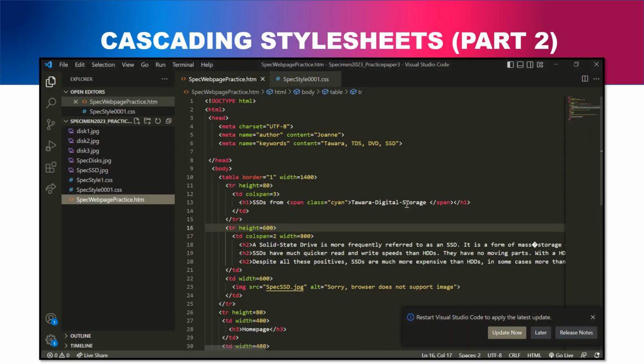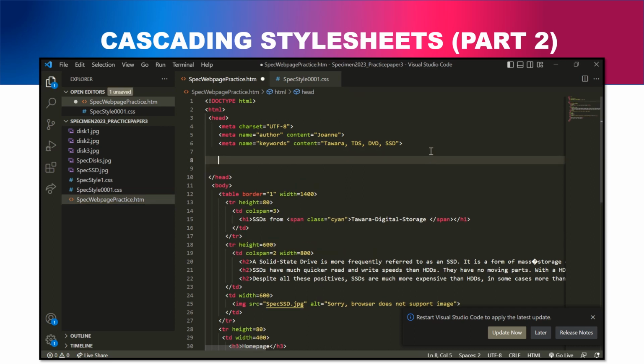So how do we attach an external style sheet? Let's go. It will be in the head part of the code. It goes like this: link, then rel, which is equal to style sheet, then the type text/css,